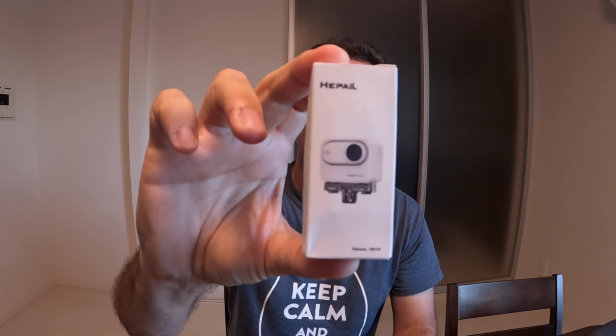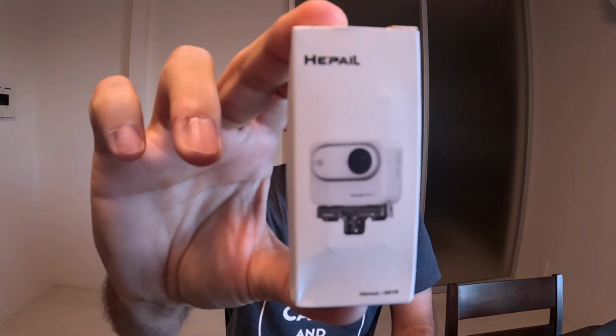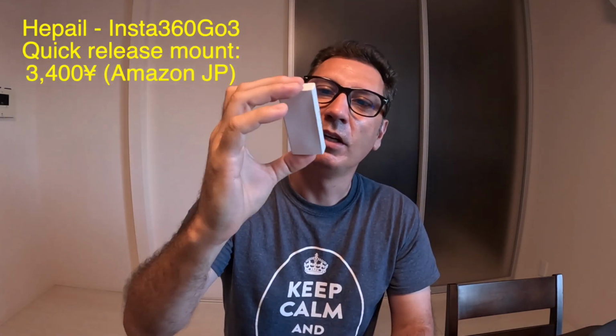the same on the Insta360 site. But today what I have here is a made in China quick mount release for the Insta360 Go3, and it costs almost half price. So let's see what's inside. Not fancy like Insta360, but